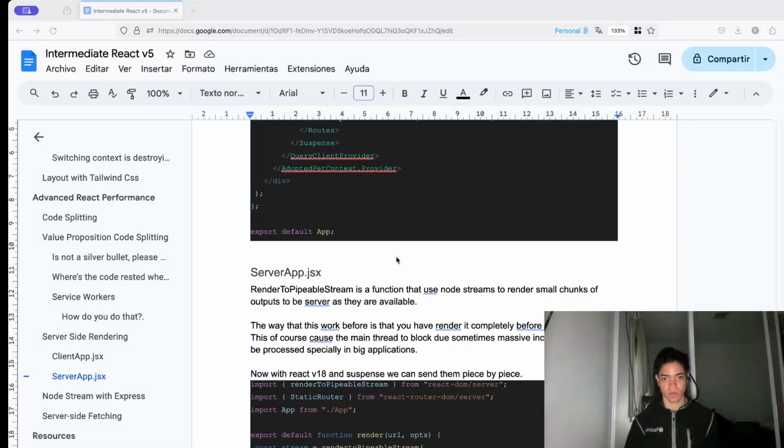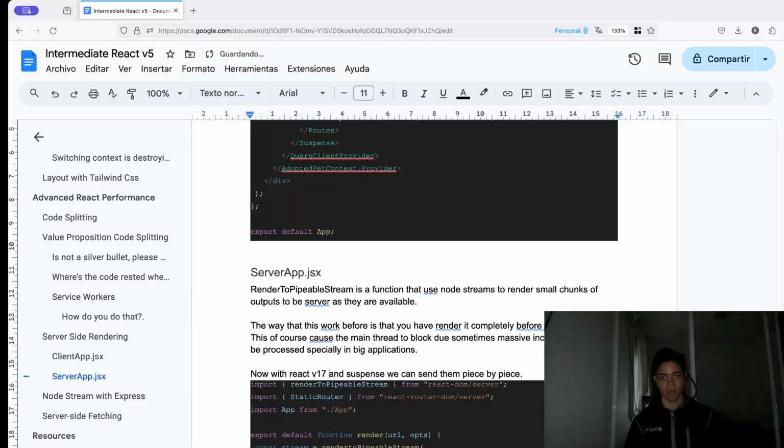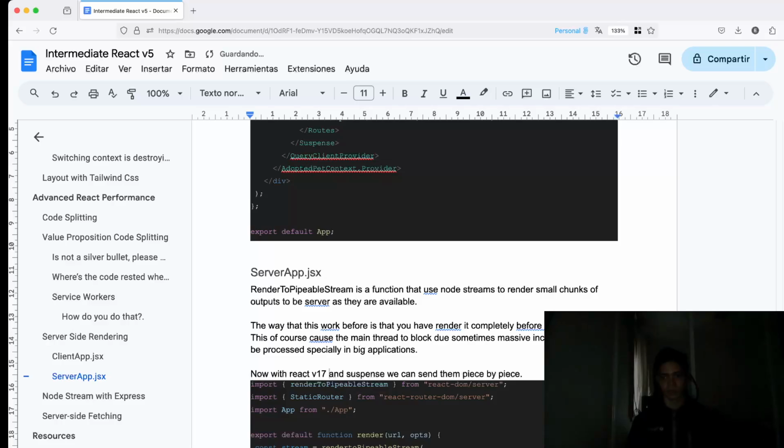Okay, we're going to export default a function called render, whatever you want to call it, URL. And then down here we just return stream. We can have vite build server app.jsx, and then we can import what is built by